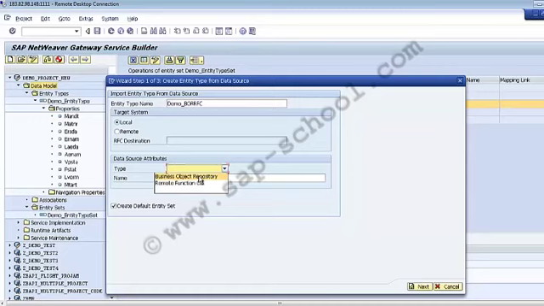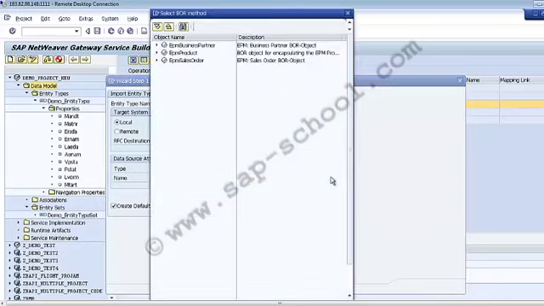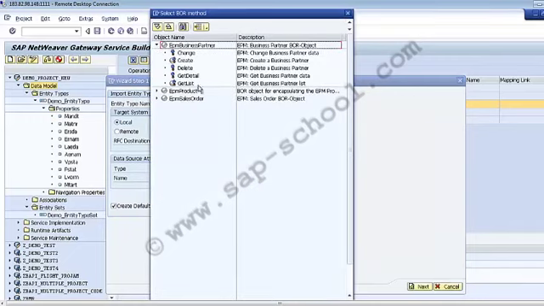So let's say I select business objects repository. Now for this name, we can either write down the name directly or we can use the F4 help again. Let's take an example: if I go to the F4 help, I can choose any of the methods out of it. So let's say I take this get list.